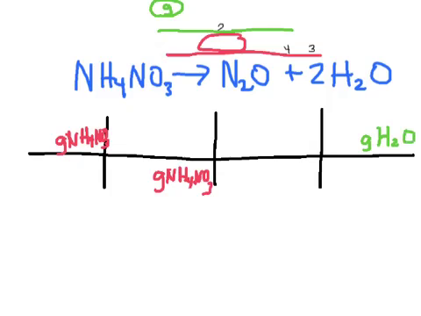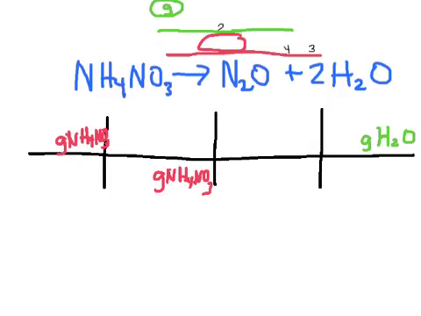Now, we can't go from grams of one thing to grams of something else directly. We always must go to what? That's right, moles. So our first bridge is going to take us from grams of